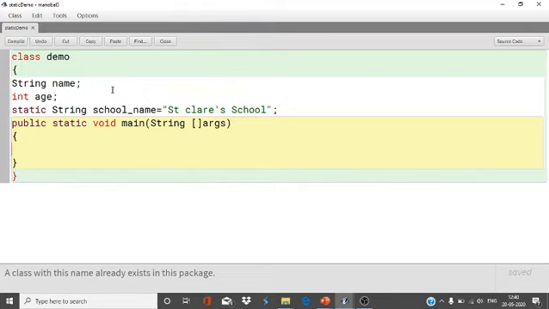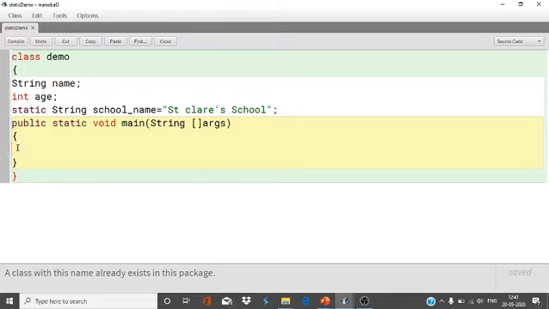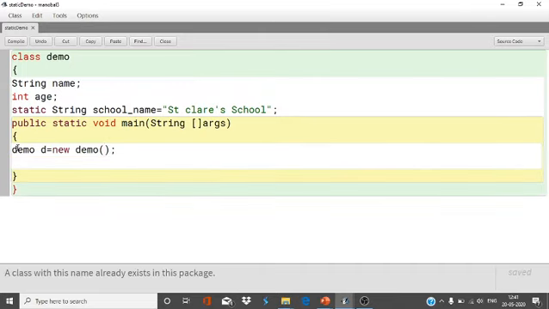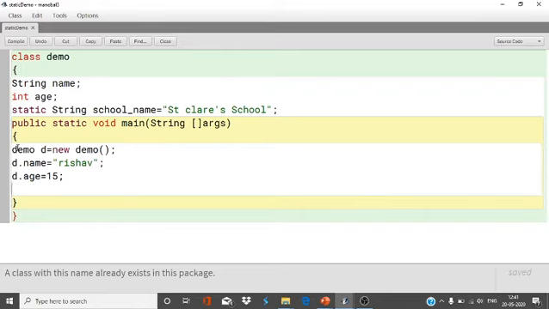Now to call the school name, no need to create an object, but to call name and age, we have to create the object. So I'm going to create the object, Demo d equals new Demo. Now d dot name, a student name, equals Rishabh. d dot age equals 15, and the school name is St. Clair's.